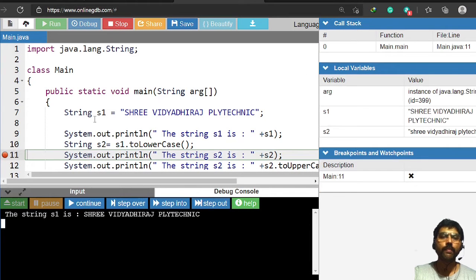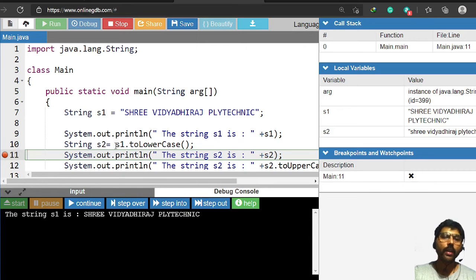Now see, I have created a string s1 with Sri Vidyadiraj Polytechnic and all the characters here are capital letters. Now I have printed s1. Now see, s1 is Sri Vidyadiraj Polytechnic.